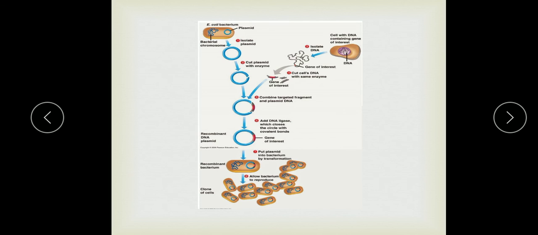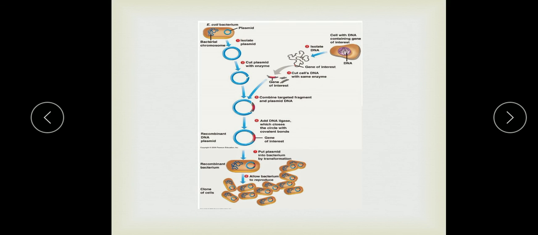Then in the next step, the gene of interest and the vector will be joined together, and this is done with the help of DNA ligase. The ligase joins the vector DNA with the gene of interest. As a result, now we have a recombinant DNA. In the next step, we will introduce this recombinant DNA into the host cell, which is basically a bacterium cell. And now this bacterium is termed a recombinant bacterium. You can also call it a genetically modified bacterium.